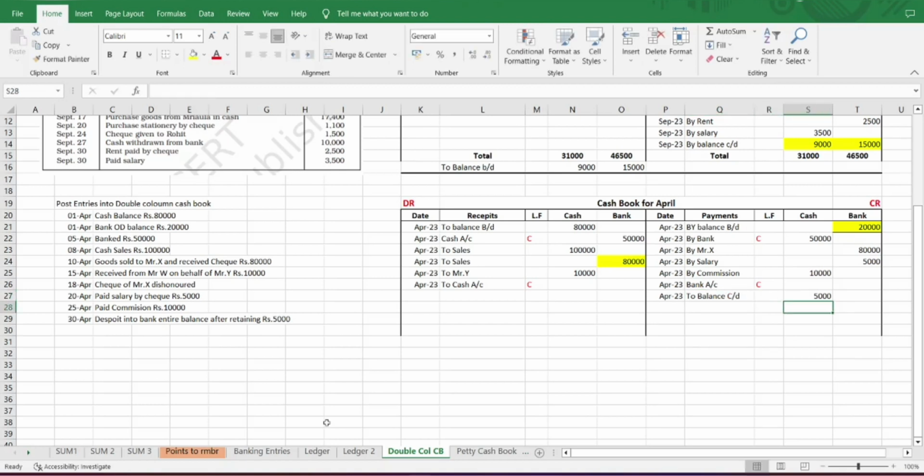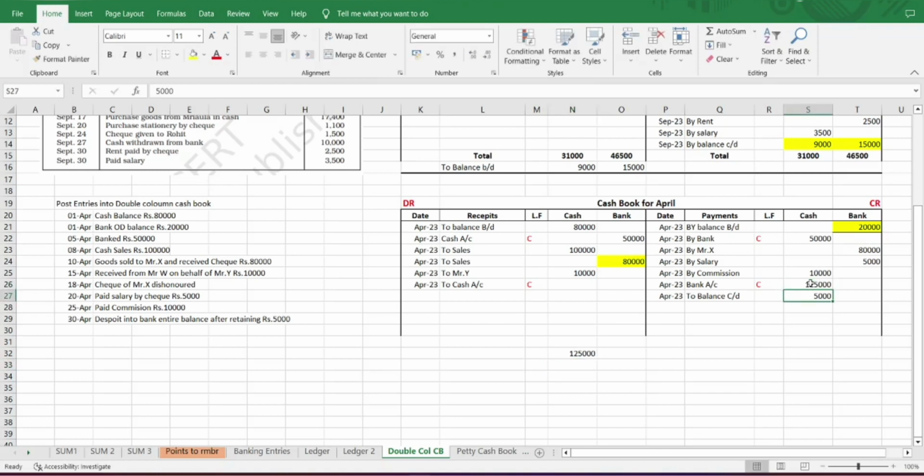Cash balance of 5,000 and the entire amount we are depositing into bank. So 80,000, 1 lakh and 10,000 is 1,90,000, and here our total is 65,000. So from 1,95,000, sorry, 1,90,000, when we minus 65,000,